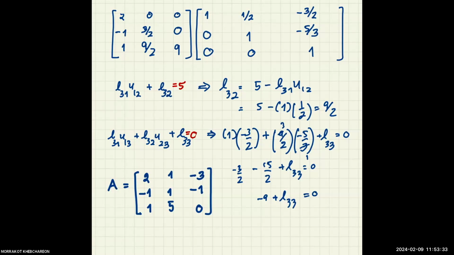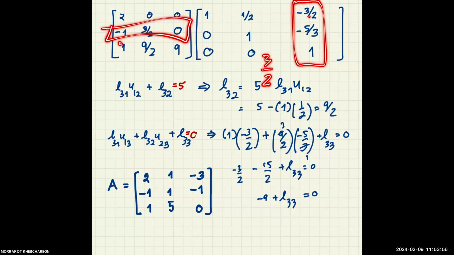Sorry. Second row, first column is minus 1, that's correct. Okay, I looked at the wrong one. So this one, second row times second column is 1. That's correct. And then second row, third column, you get minus times minus is plus